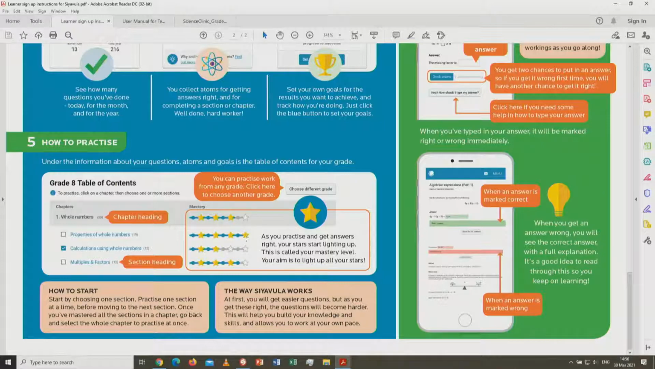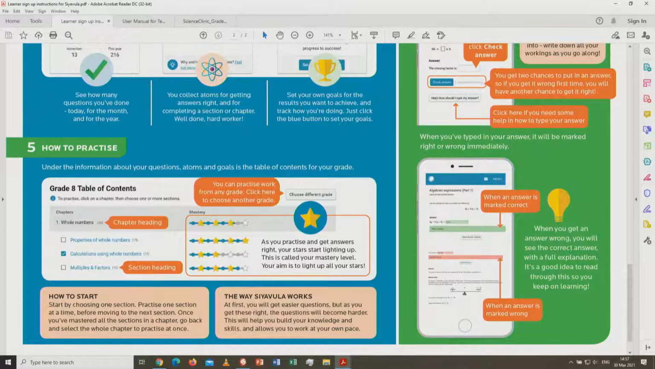If all of your stars are full there, you will be able to do the problems correctly 100% of the time. That is what the mastery means. Very important, this mastery. So the competitions work on this mastery, and the atoms there on top determine also that balance here. That means you have done difficult and easy work. Sometimes we must do both. You must do both. You read how to start, the way Siyavula works also, and you do the